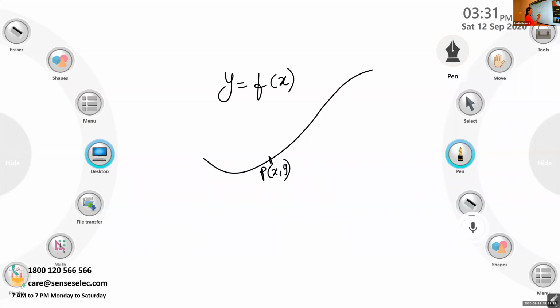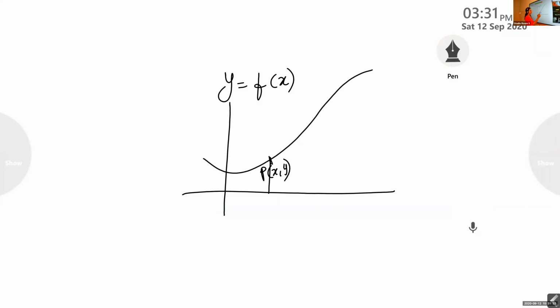Children, now listen. Suppose I am taking the value, when we draw the graph, there is some value x here. Suppose I take this value as 2, comma 3. I am taking a point Q which is closer to P. Closer to P means suppose this point is 2.1, comma 3.5. There is a small change in x. Here it is 2, here it is 2.1. I'm taking the neighborhood. Neighborhood means the closer one. We are taking the values closer to it.